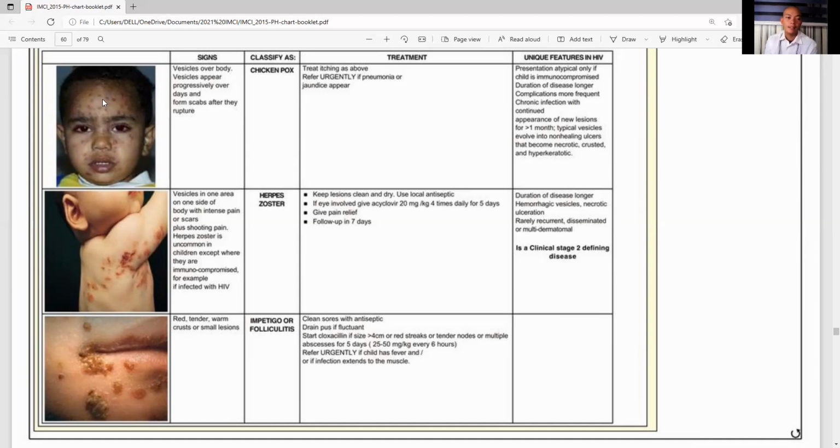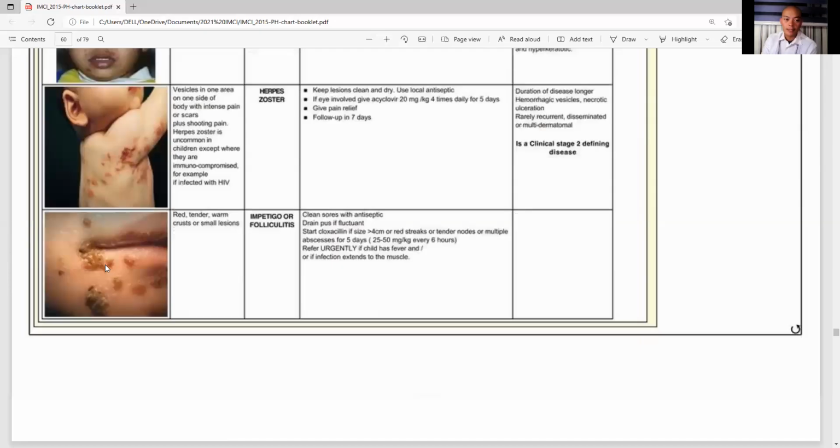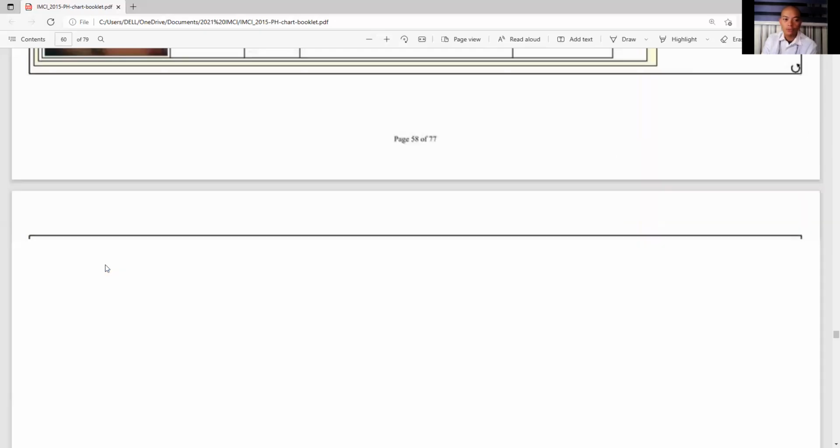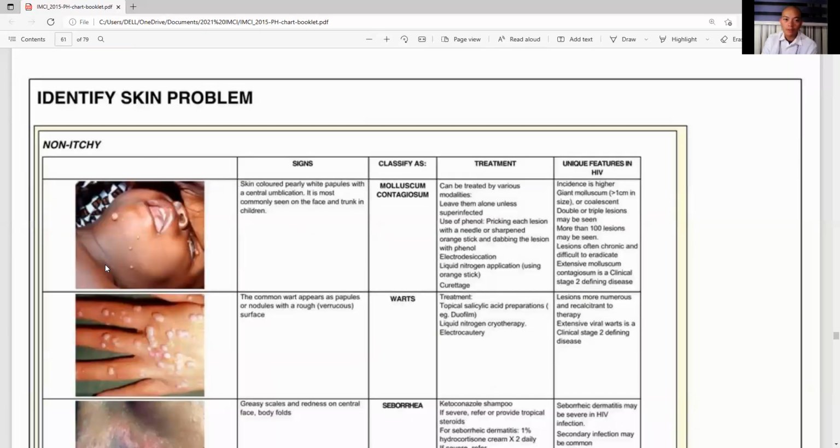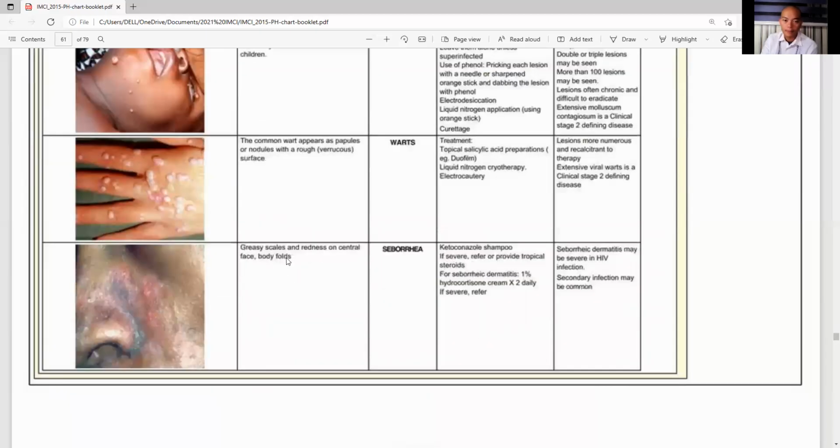Immunization from the chickenpox, despite having it already, it can be herpes zoster. So ito yung mangyari. And the difference of herpes zoster, it is very painful. Masakit yan. What is this? Impetigo, other skin problems, molluscum contagiosum, warts,